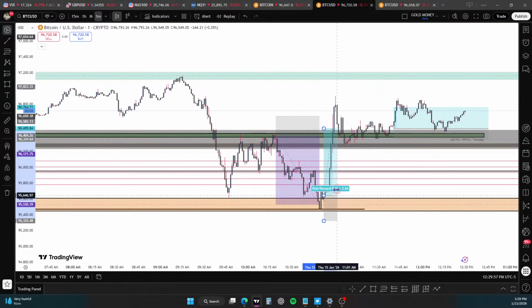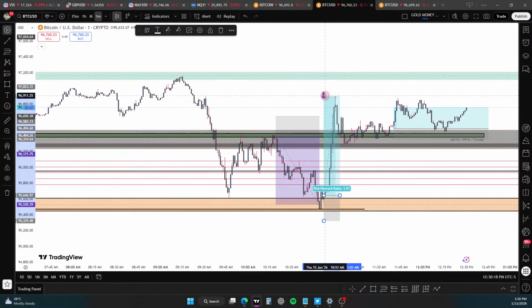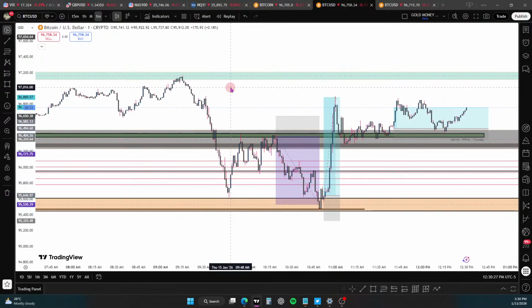So I got tagged straight away, immediately. It just happened straight away, all in the space of a few moments. Say that you targeted this high. To be honest, these highs you're good. Even this high in itself, that is where the market went. So if you targeted that high, or just maybe anywhere in this wick, you would have had your TP hit, depending on the liquidity provider and how high they want to push it.